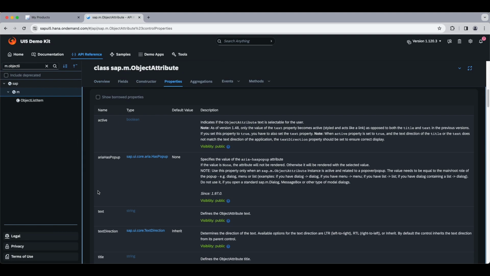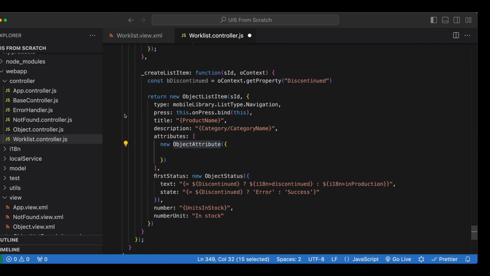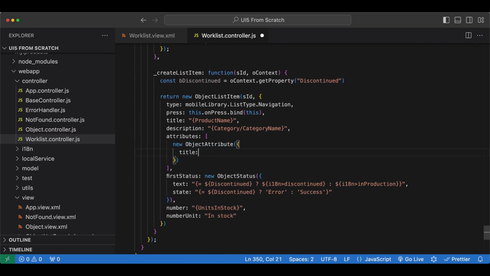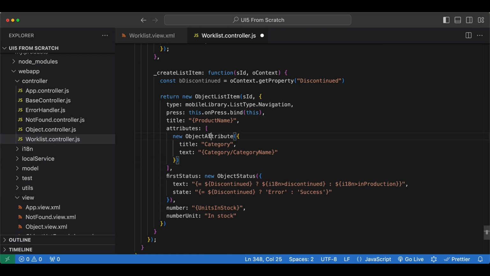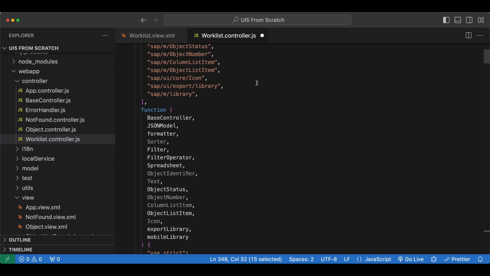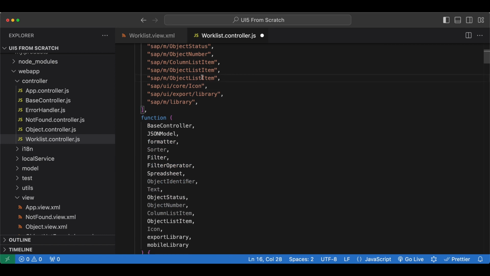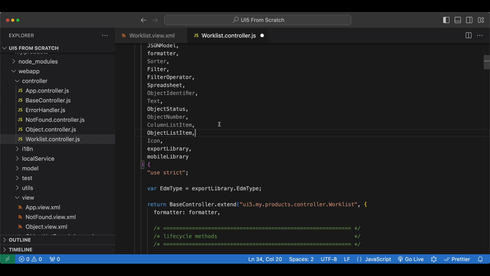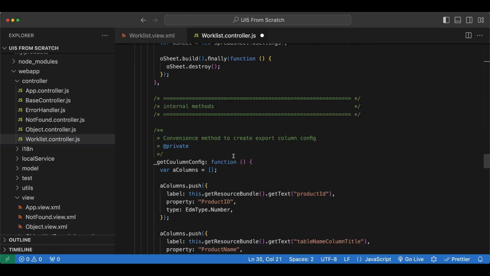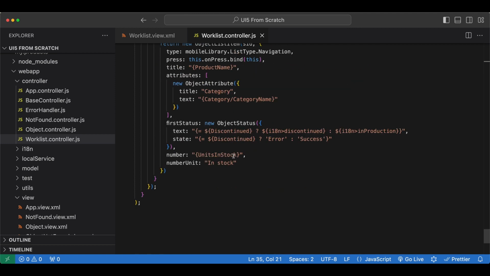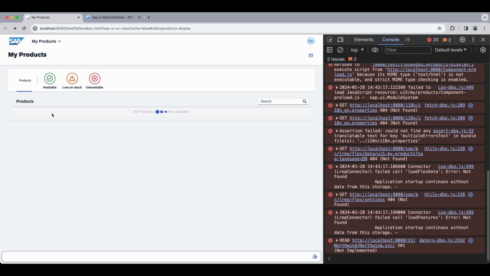And it has, let's see, a title and a text. For the title, let's say category. And as for our text, we can use our binding. And let's remove this. And let's import our attribute control as well. Add it here after ObjectListItem. Okay. And now when we check,